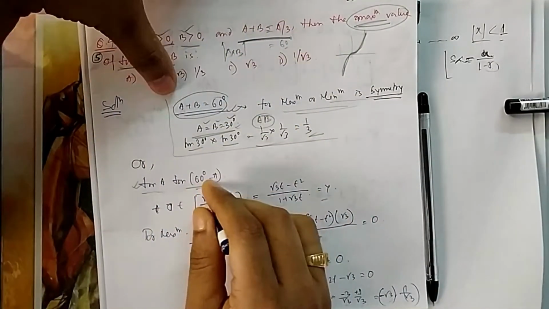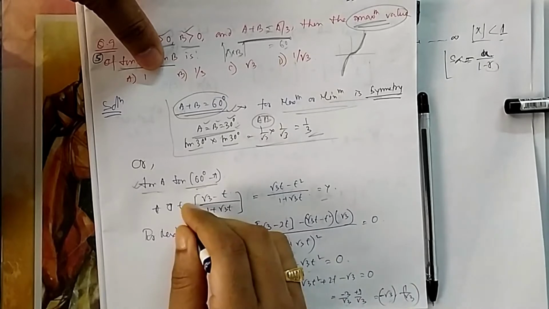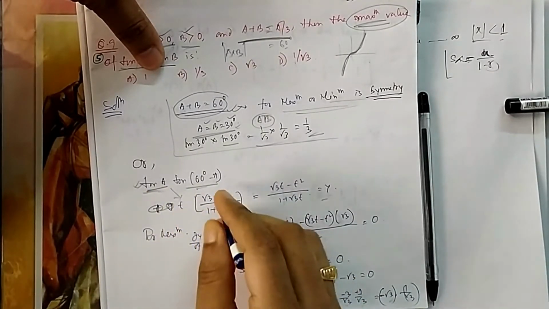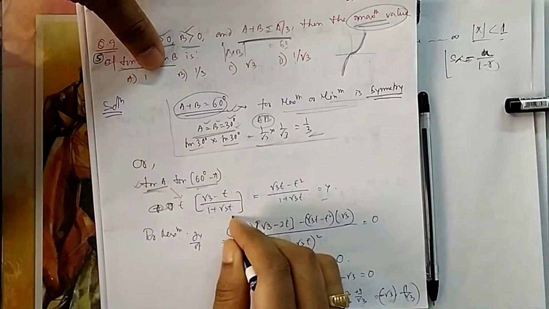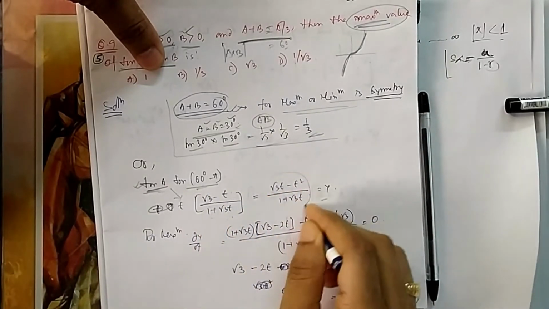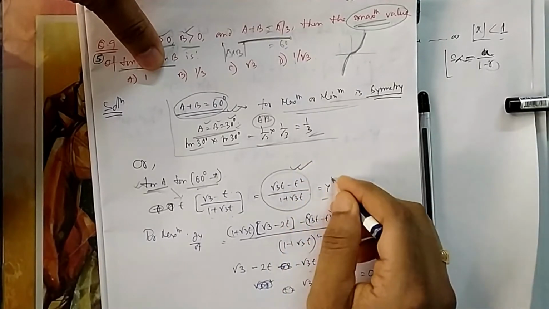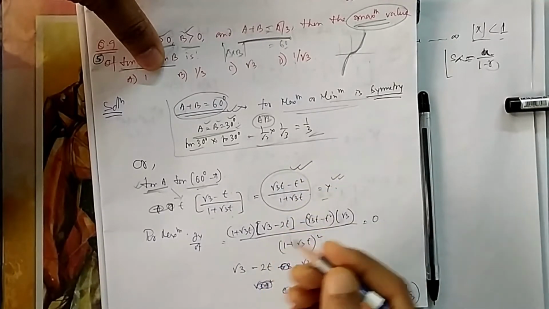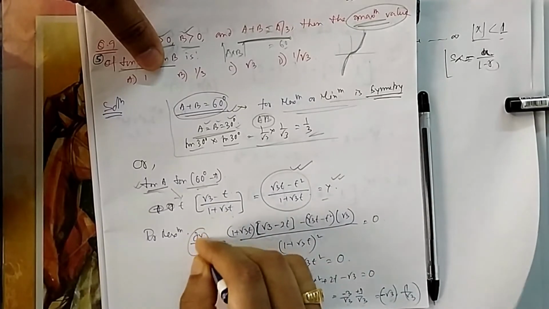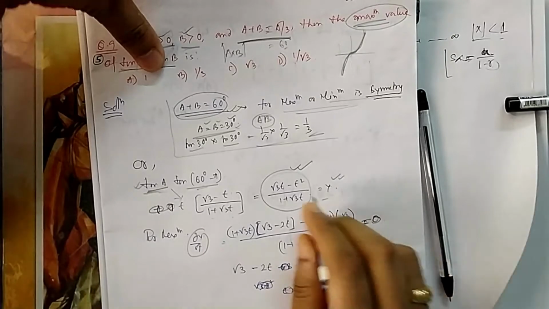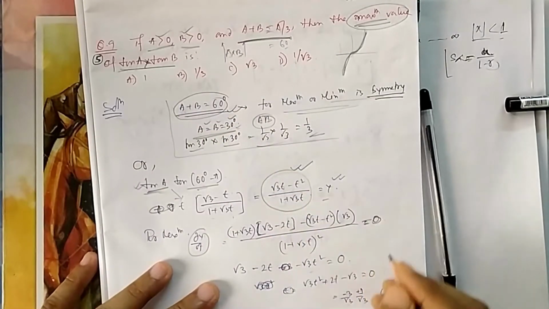So tan A into tan B, where B is equal to 60 minus A, you can write. What is tan of 60 minus A? Let us consider tan A is equal to a variable t or x, whatever, tan 60 minus tan A by 1 plus tan 60 tan A. So it will be something of this fashion. So we need to maximize this one, so we will differentiate this one. I have considered this is y, you can consider this is x also. So dy by dt or dx by dt I have to find, and then I have to make it 0. For maximizing, I have to differentiate it and then make it 0.